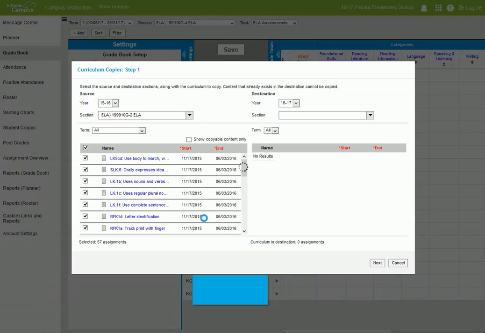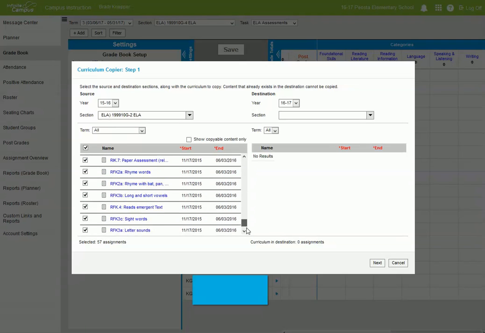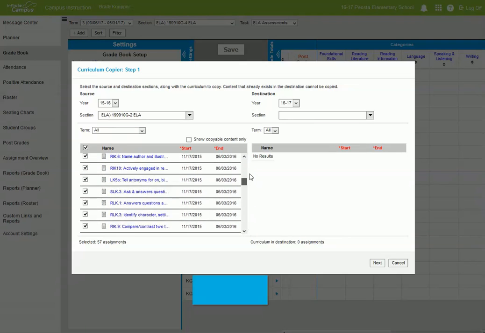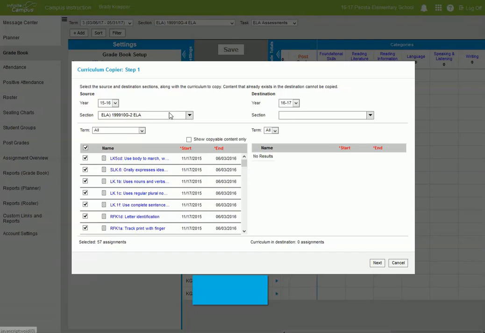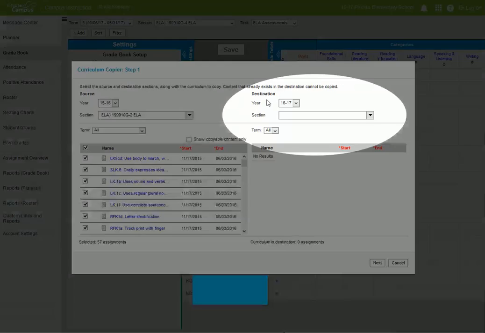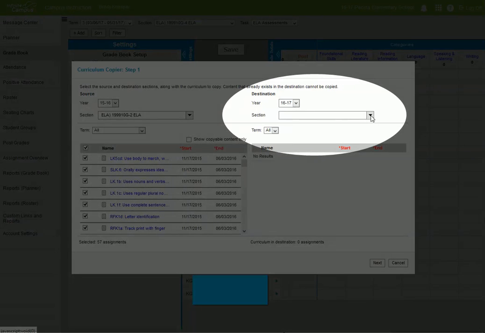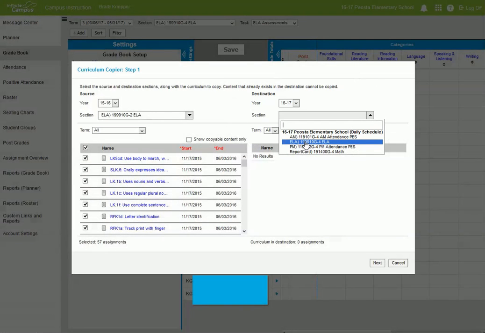And then you'll notice it populates what all of your assignments were. And you can go through here and you can deselect these if you'd like. It's all up to you. It's your grade book. But this is what you used last school year. Our destination year is 16-17. We want to click on section, we go to ELA,